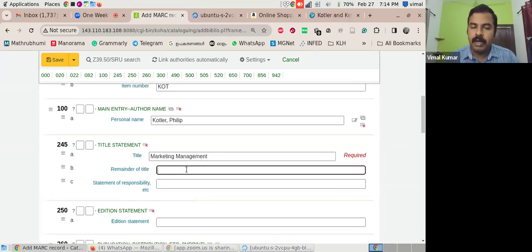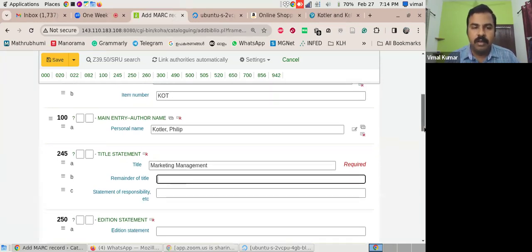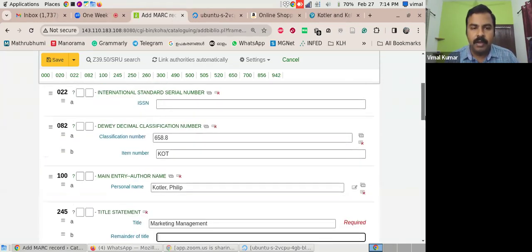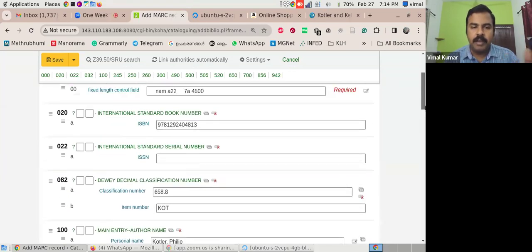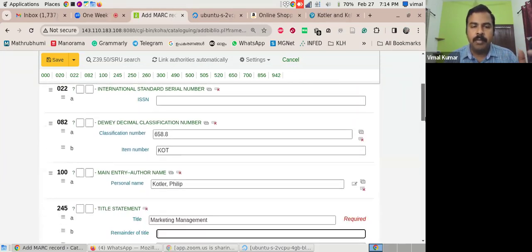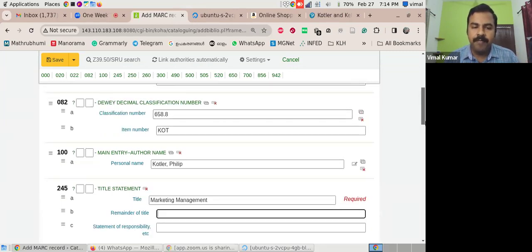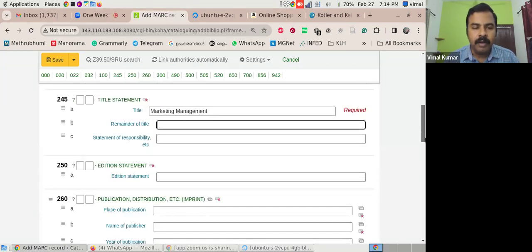If any subtitle is there, you can mention here. Okay, class number, first ISBN number, class number, book number, author name, first author name. We can render it as per AACR2 title,